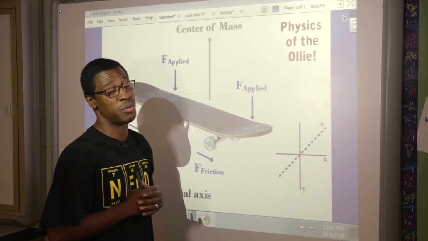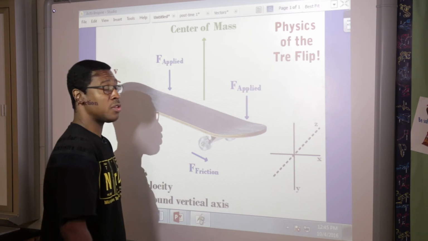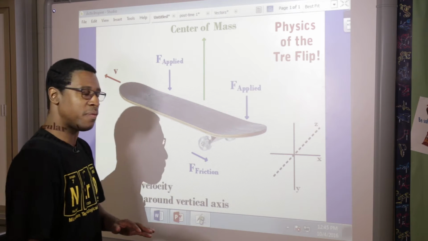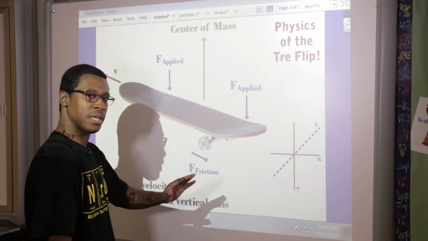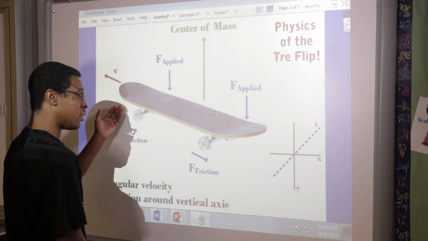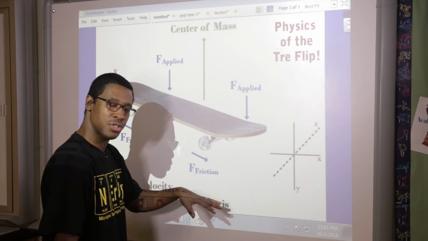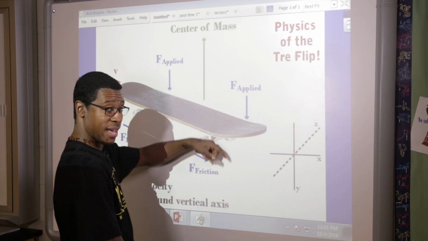And that's the simple ollie. There are a lot more tricks that we can talk about. The tray flip. So the tray flip's a little more difficult, a little more advanced. So what happens is same thing. So let's talk about the motion. You have your velocity, your forward motion. Same thing, friction slows you down, but this time, instead of just pushing straight down along that axis,